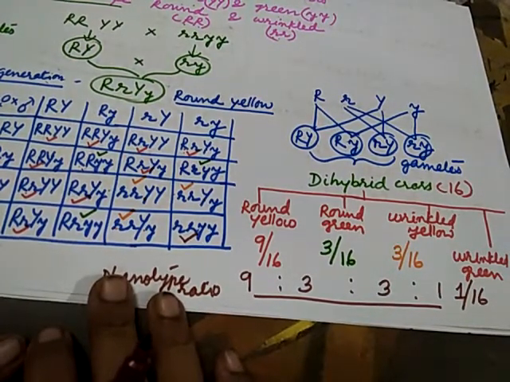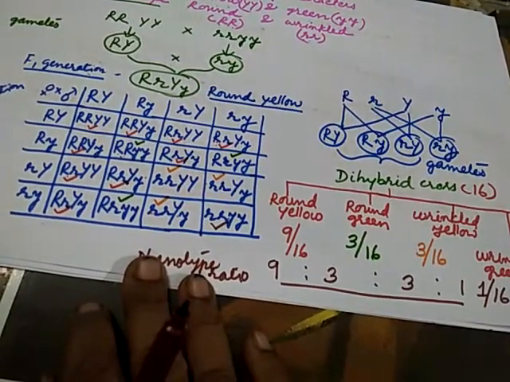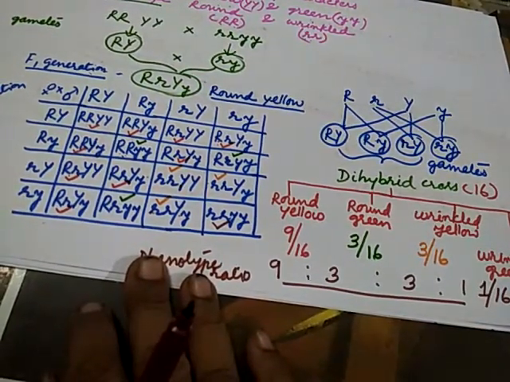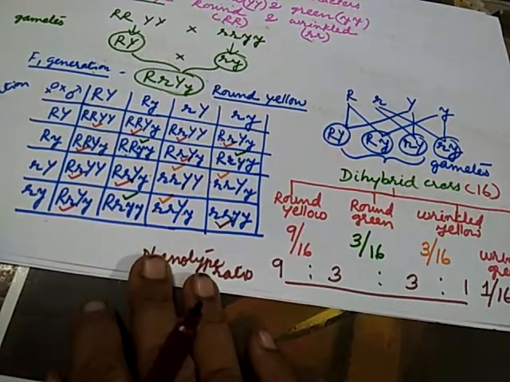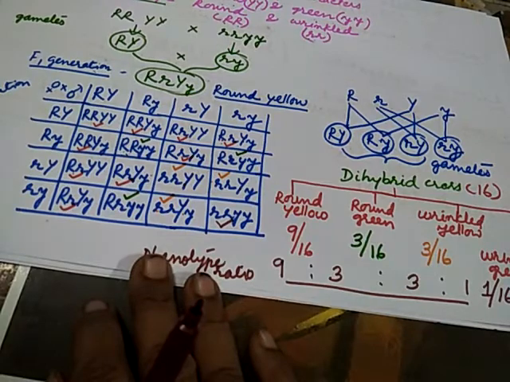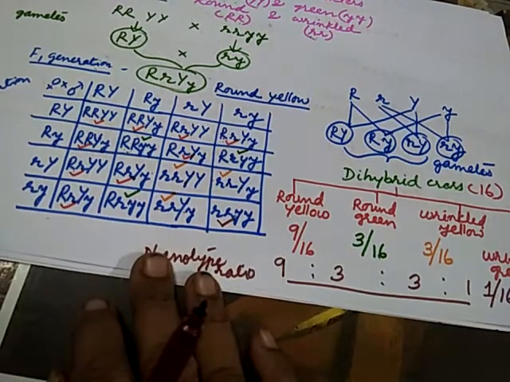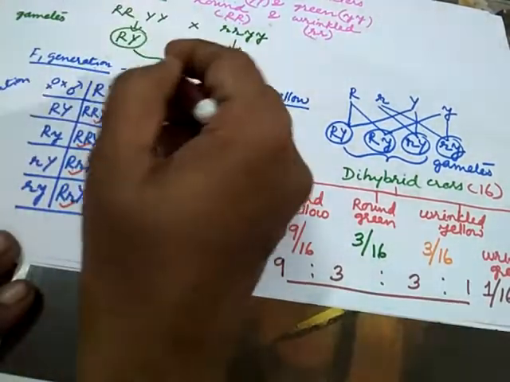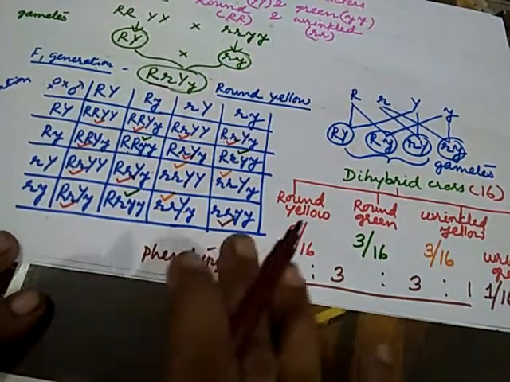So that is completely based on the law of independent assortment. When there are two pairs of characters, the distribution of the alleles of one character into the gamete is independent of the distribution of the alleles of the other character. So we have seen the production of the gametes of the F1 hybrid in a dihybrid cross; that we are able to point out. For further generations, it is much more difficult.